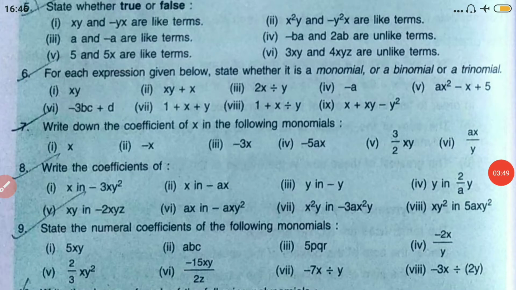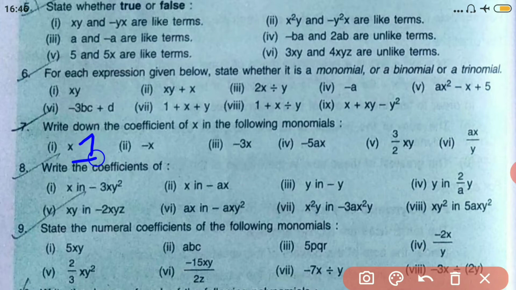So coming back to the question, write down the coefficient of x in the following monomials, right? So what is the coefficient of x? It should be 1. If there is no coefficient, write 1. And what is the coefficient of minus x? Minus, there is no number, so minus 1. What is the coefficient of x in minus 3x? It should be minus 3. What is the coefficient of x in minus 5ax? It should be minus